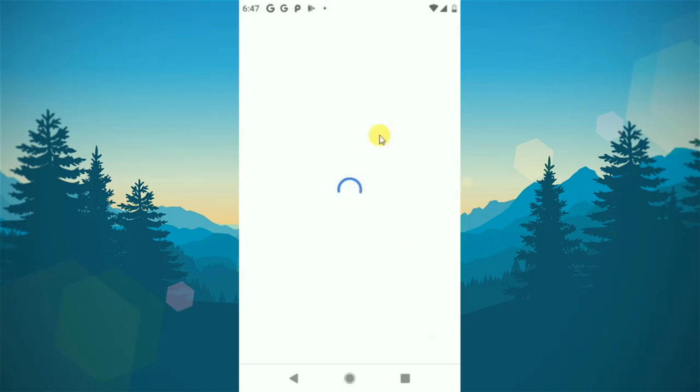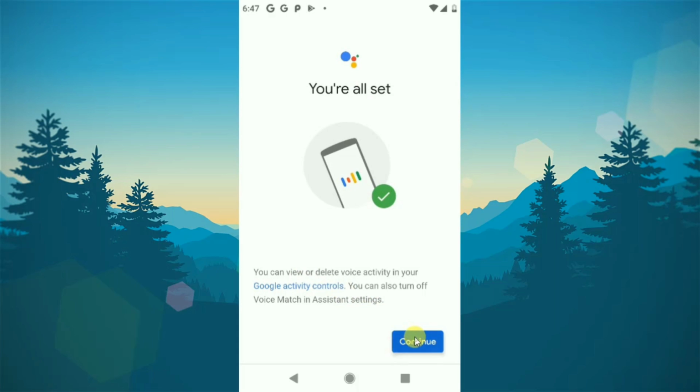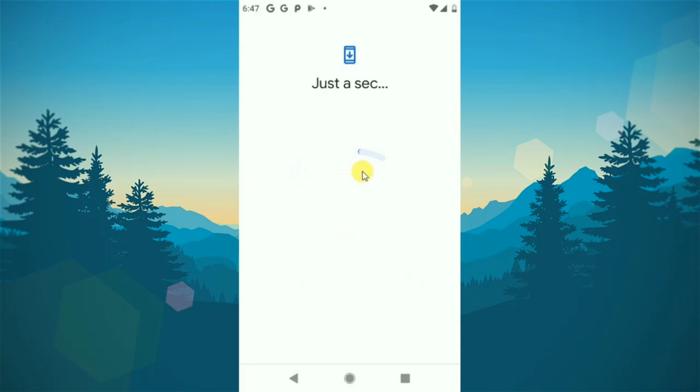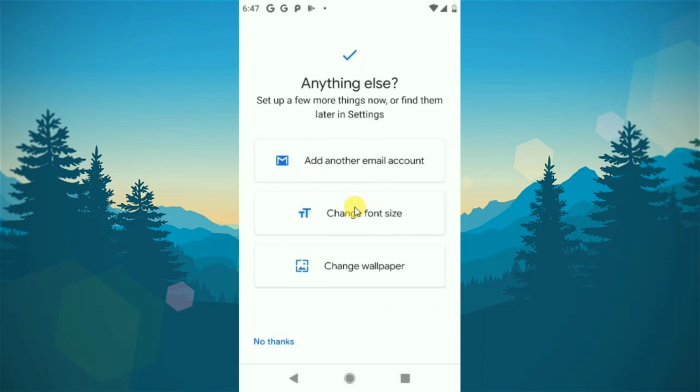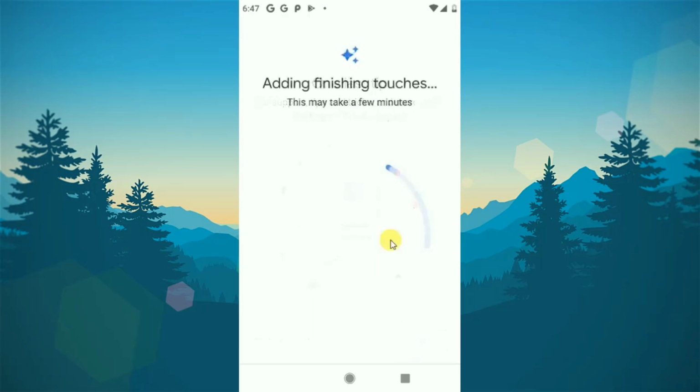And just enable the Google Assistant. And if you want to add any mail account or phone, you can do that there. And just click on all set to finish the total setup.